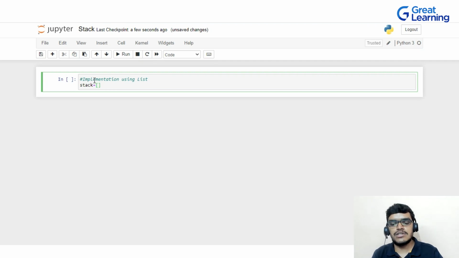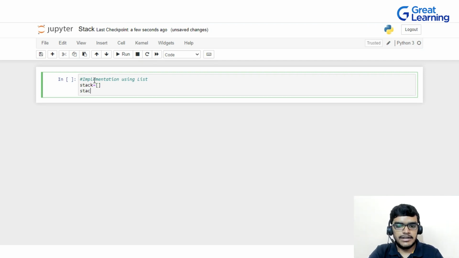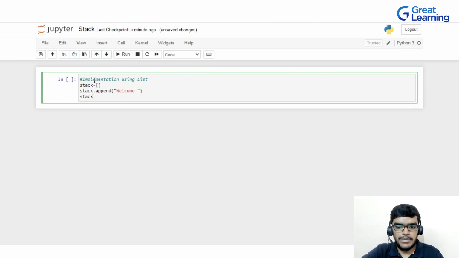This is an empty list, and after that I will write stack dot append, and inside this I will write welcome. After that, once again I write stack dot append, and now I will write 2.